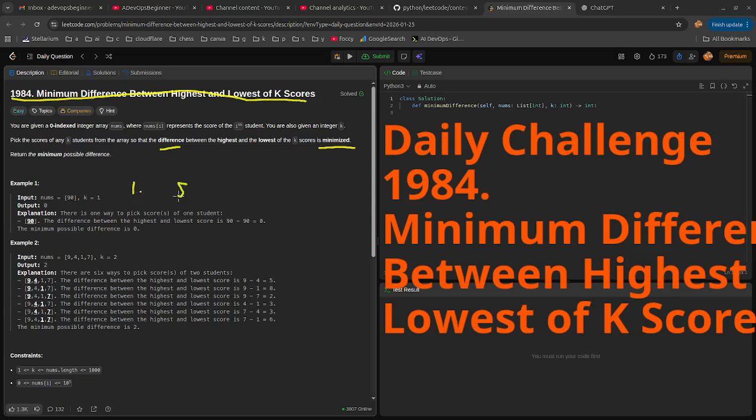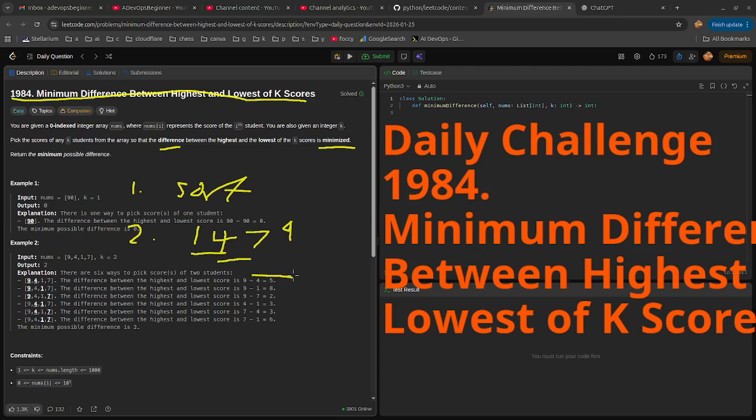So if we can sort this array first, then the adjacent k numbers are going to have the minimum differences. Say for example 1, 4, 7, 9. If we can start from this pair 1, 4, then move on to the next one 4, 7, then the next one